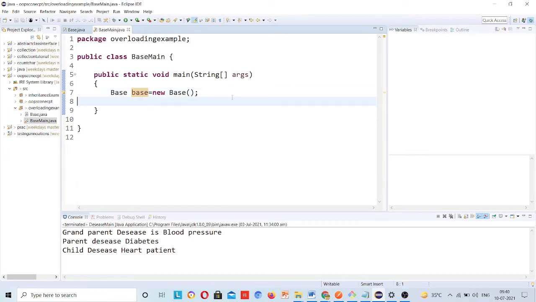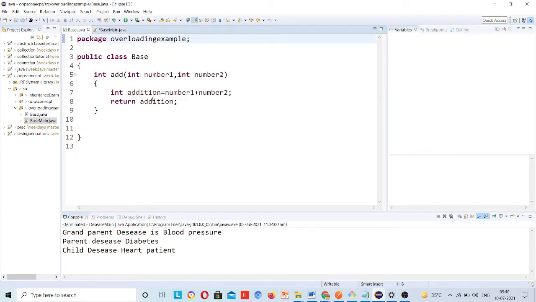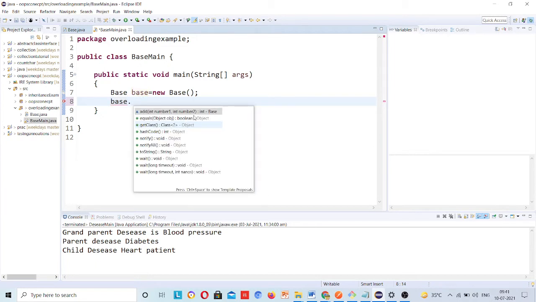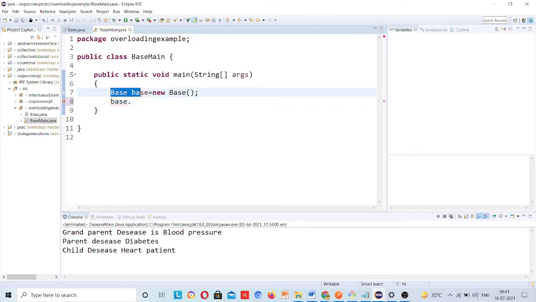Now I have to call one method, base dot add. So how to call it: object name dot. When you type the object name and dot, you see it will suggest the methods available in class Base, because you have created the object for the Base class.